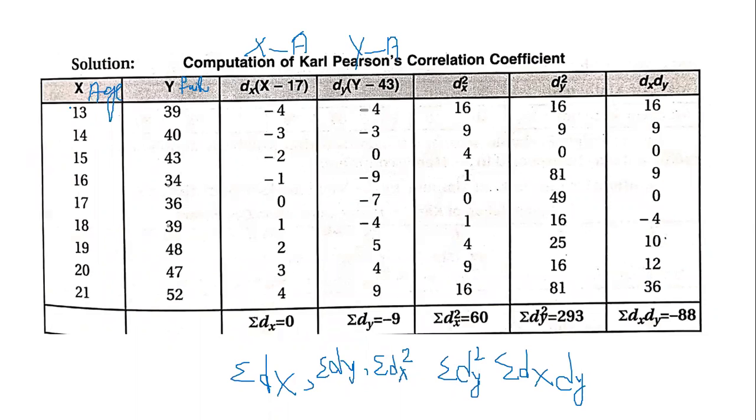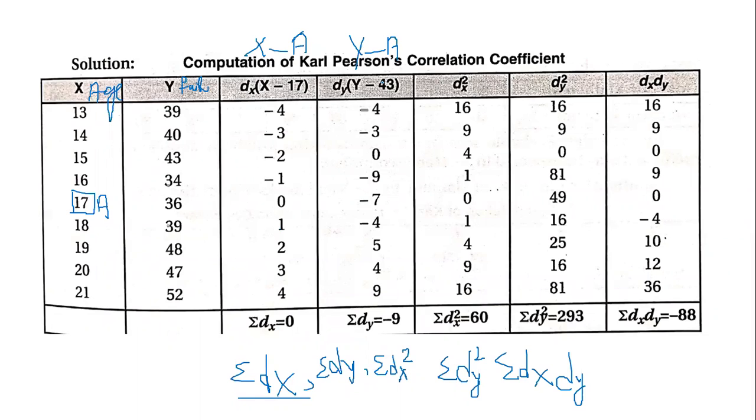So x minus a, out of these values, 17 is considered as assumed mean. So dx is equal to x minus 17. Assumed mean is 17. So 13 minus 17 is minus 4, 14 minus 17 is minus 3, and so on. If you calculate, you will get the dx values. Now, once you add all the dx, you will be getting sigma dx. So our first important value is calculated. Now, we have got 0 here because you have minus 1, 2, 3, 4 and plus 1, 2, 3, 4, which will nullify the whole of the numbers.